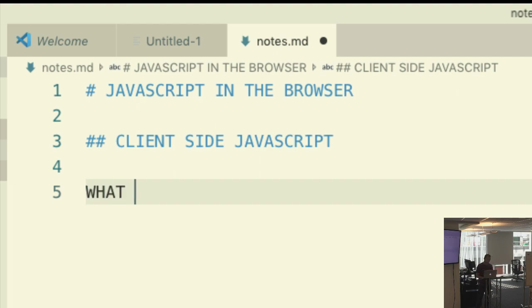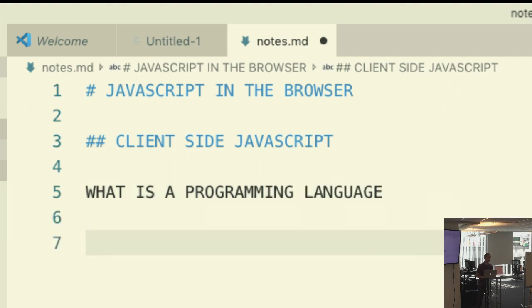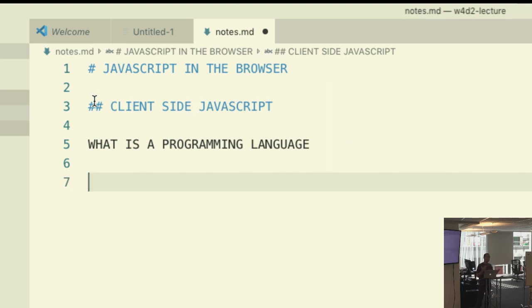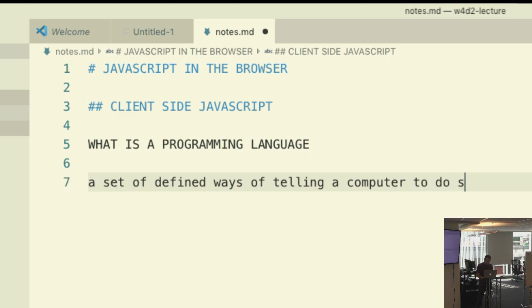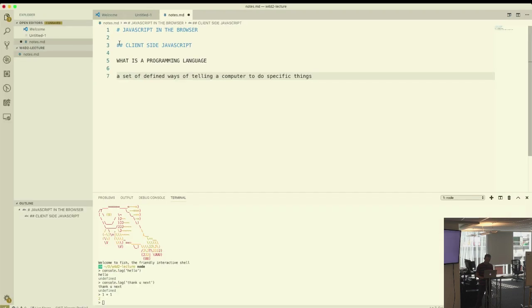Single question. What is a programming language? And what is it used for? What's a programming language? Yes? A set of defined ways of telling the computer to do specific things that we want it to do. Telling a computer to do specific things. Technically, we can use a programming language to talk to a computer for any purpose, right? Any purpose. It's up to the thing on the other side that's interpreting what we're asking it to do